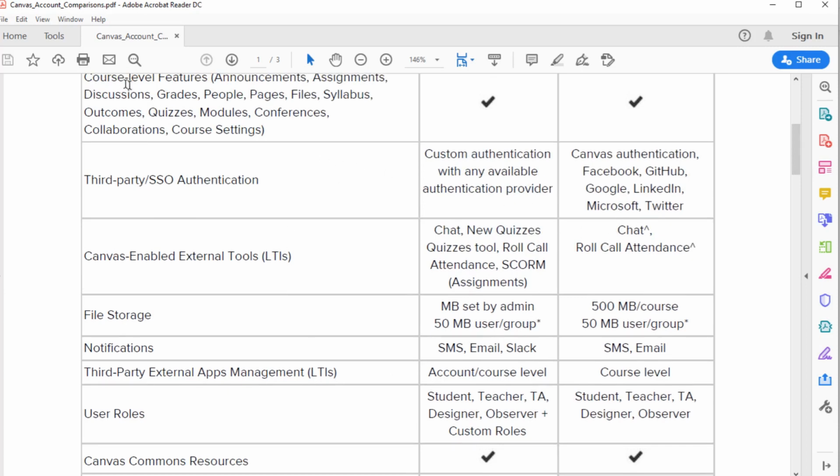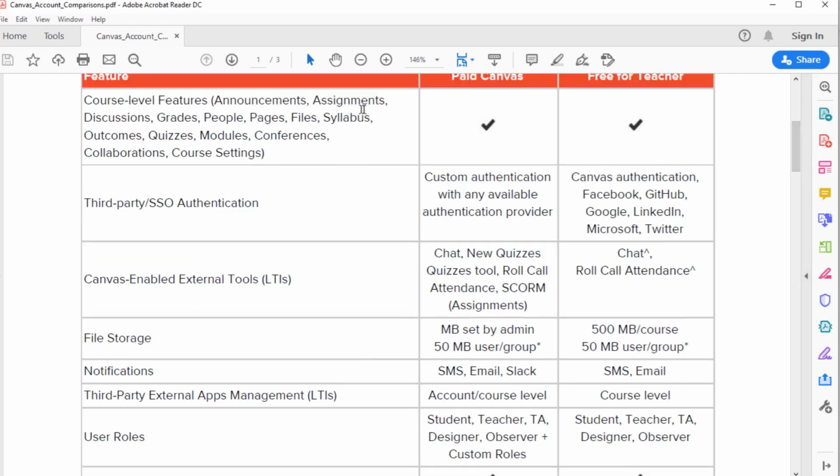There are some course level features: announcements, assignments, discussion, grades, people, page, files, syllabus, and I will be making at least one video about each of these topics in this course, and we will discuss in detail. So these are the core features which you normally need for any course, and these are available in free for teachers account. Then there are some third-party SSO authentications if you want to associate Facebook, GitHub, Google and other applications